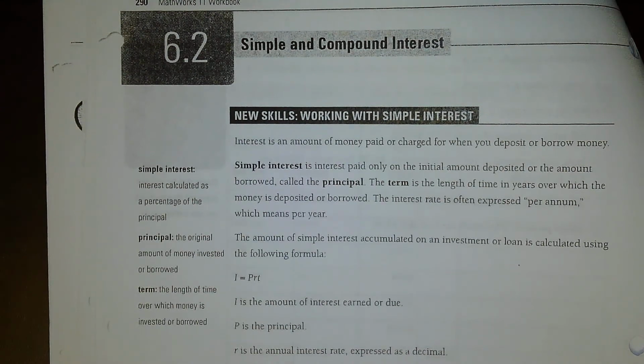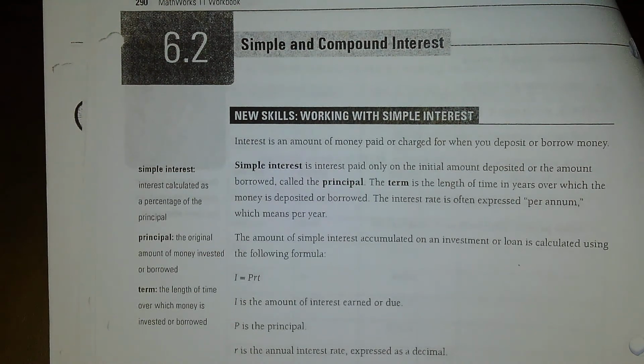better. A lot of the time simple interest could get used if you just borrow $50 off a grandparent or something like that and they want to charge you interest. Well, they're going to say, okay, I'm going to charge you 10% interest. Then they can just calculate it in a very simple fashion, whereas banks and most financial institutions are going to charge you compound interest. So we're going to go through a little bit of both here so that you have an understanding of how